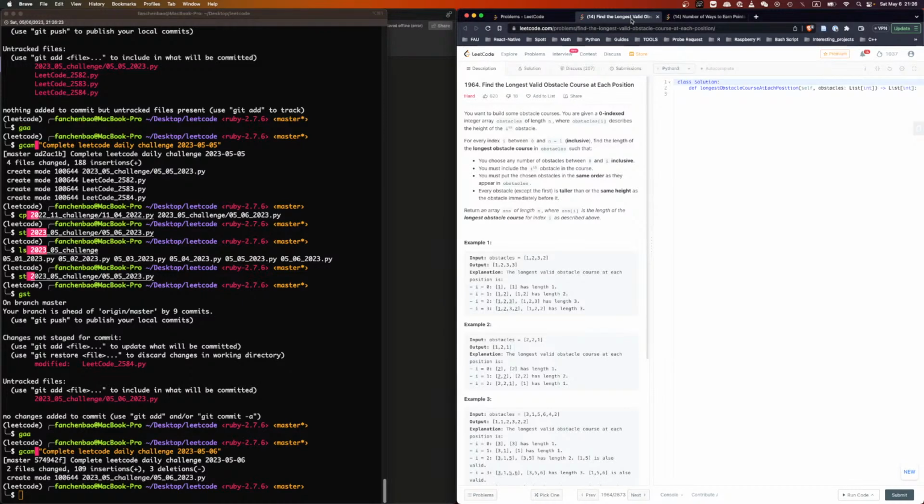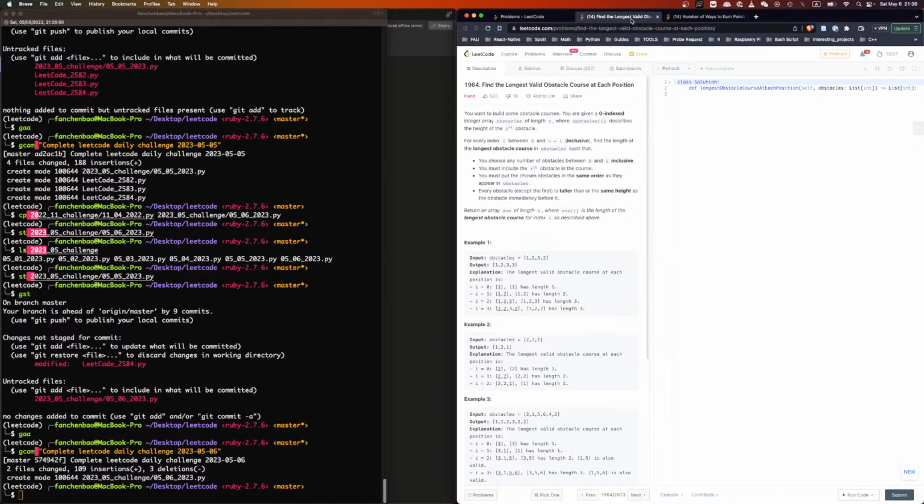You must put the chosen obstacles in the same order as they appear. Every obstacle except the first is taller than or the same height as the obstacle immediately before it. Return an array answer of length n, where answer[i] is the length of the longest obstacle course for index